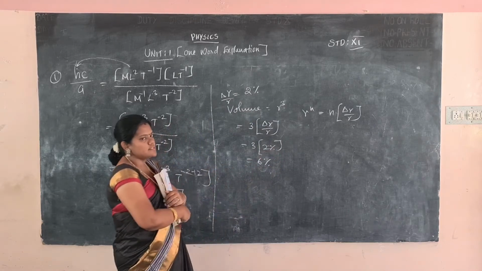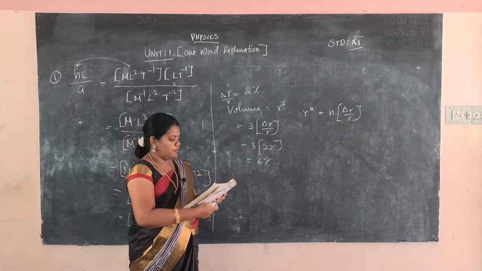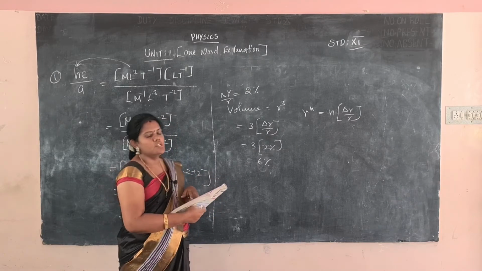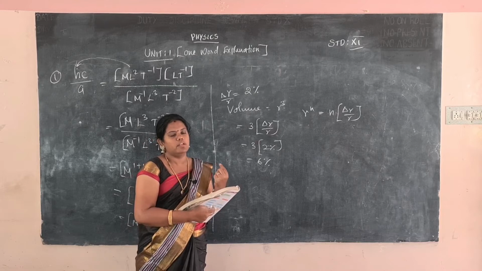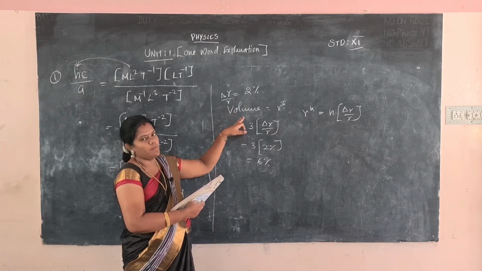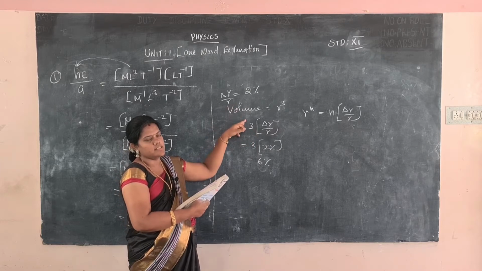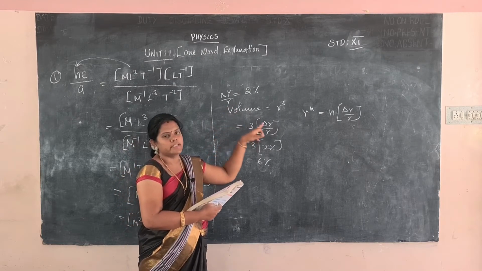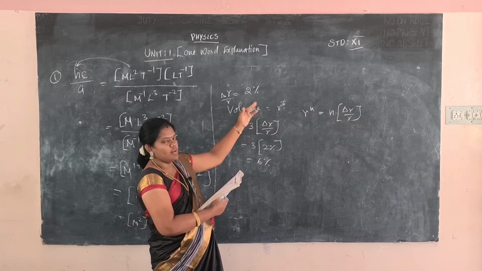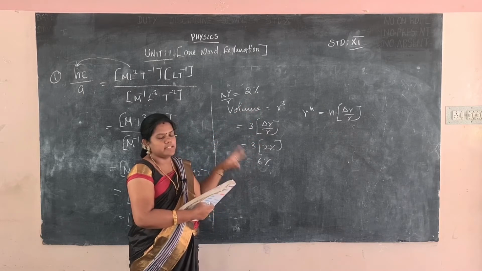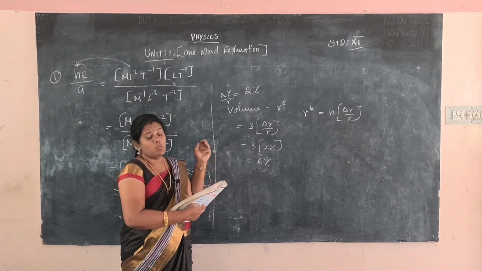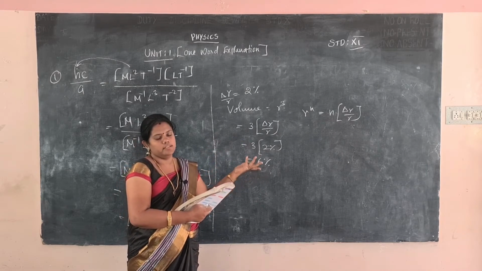So 6% is the answer. This is the final answer. In your book, it is option D, so you have to mark 6%. Take a book and note how you derive the volume of the sphere using the radius. The radius of the sphere has 2% error, so the error in the volume of the sphere will be multiplied 3 times, so 6% error will be created, because the volume is the cube of the radius.